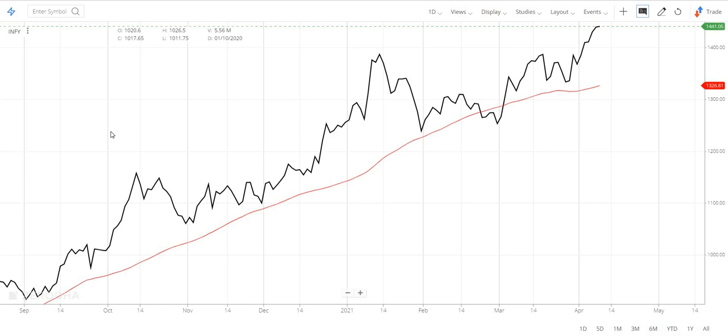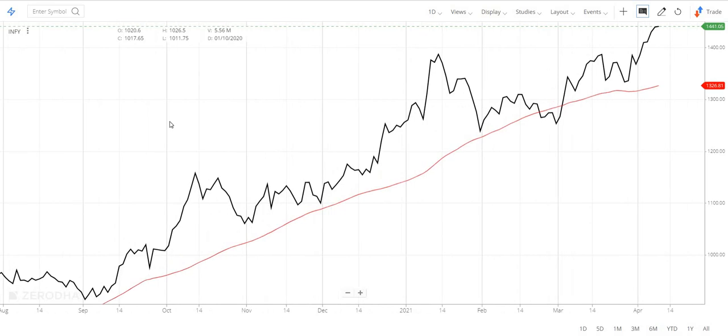First is using the direction of the moving average to determine the trend. Here on the chart, we are using a little different chart, because this is the Kite chart, Zerodha's Kite chart. It gives you better use of moving averages, and it is easier to use moving averages on Kite than on any other platform. That's why we are using this. You can see the direction of the moving average to identify the trend. Here the direction of the moving average is upward. You can see this red line going up, clearly visible on the screen. It is going upward, so the trend is an uptrend. Okay, so this is the first way to identify the trend.